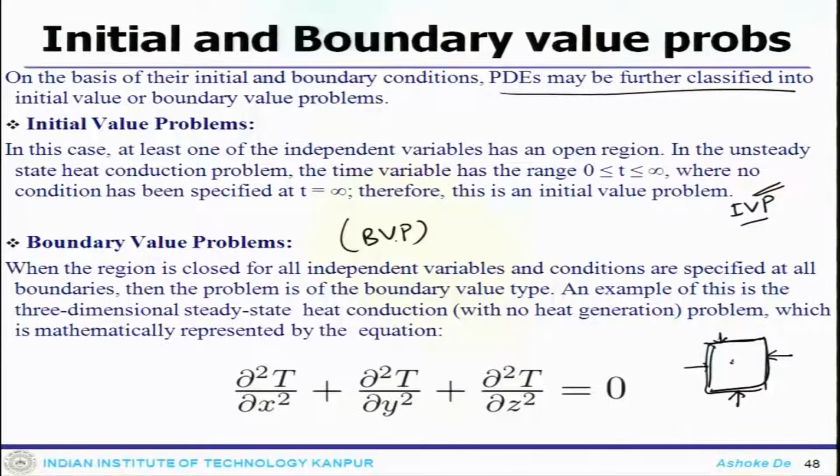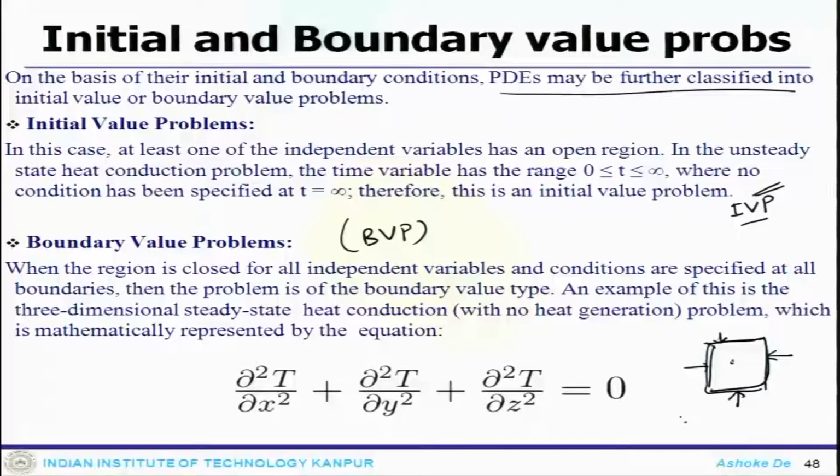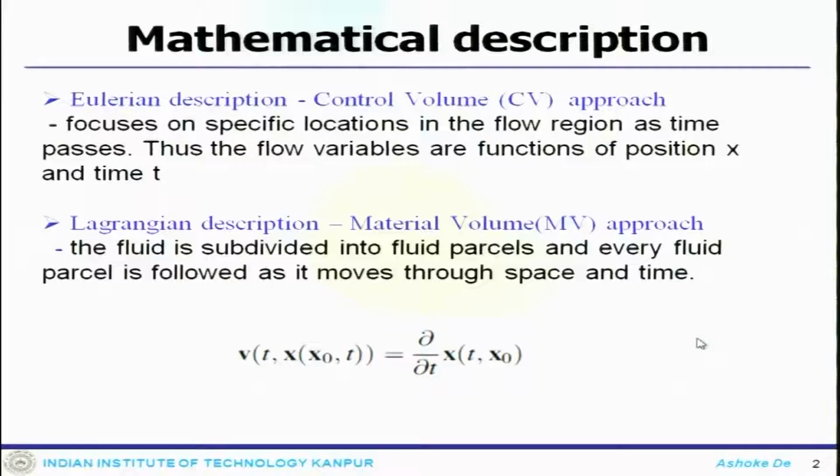Now, if you talk about the Navier-Stokes equation, they do have all sorts of conditions. For certain conditions they become hyperbolic in nature, for certain conditions they become elliptic in nature, and they also have these initial value conditions and boundary value conditions. So, to get a solution method, you must have these Navier-Stokes equations classified properly, or the solution technique should take care of these things.